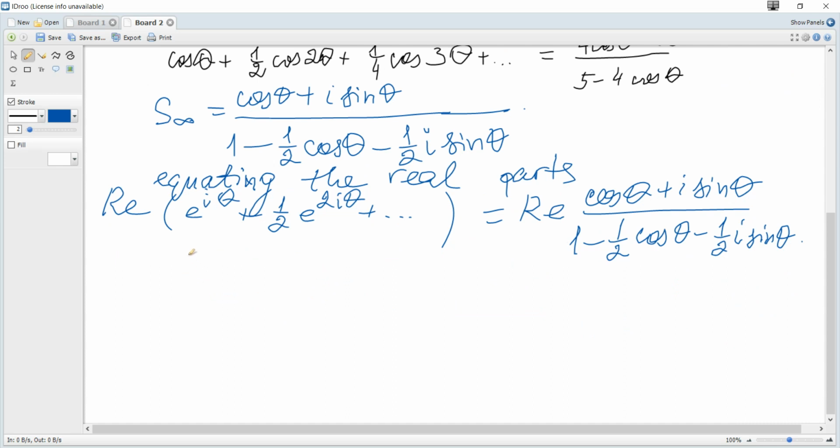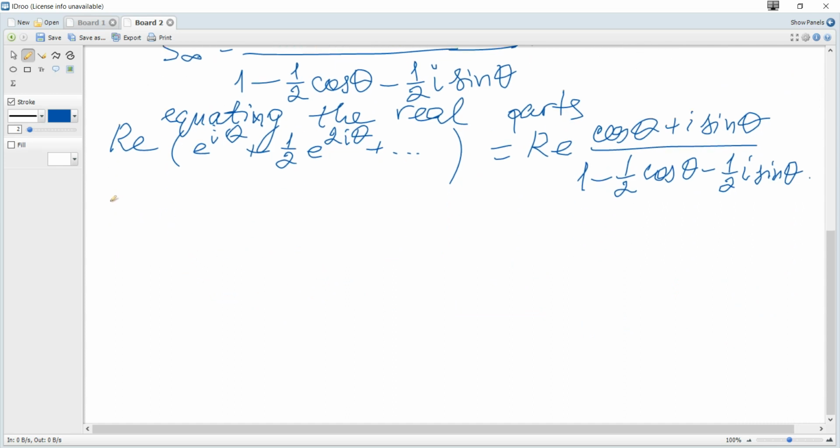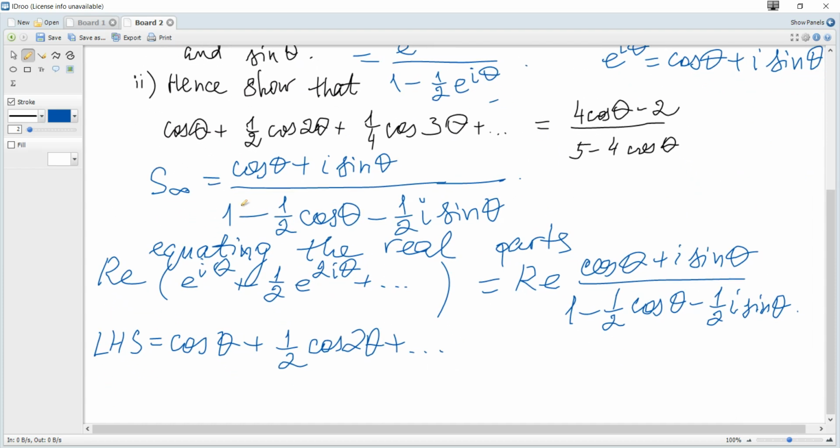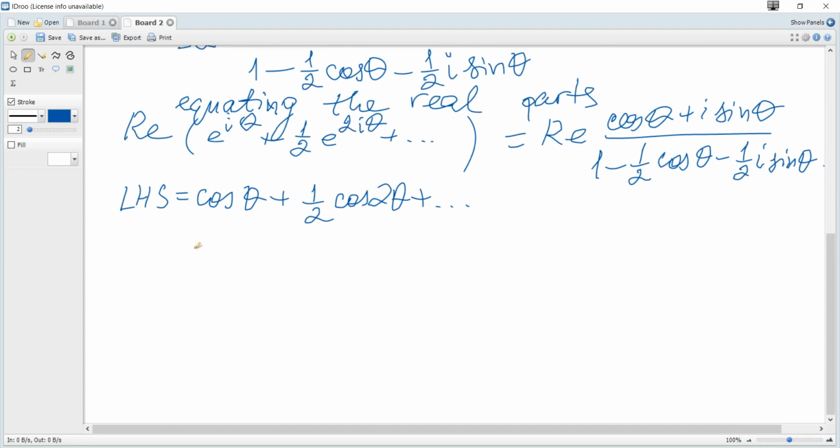And definitely the left hand side is cosine θ plus a half cosine of 2θ plus so on,